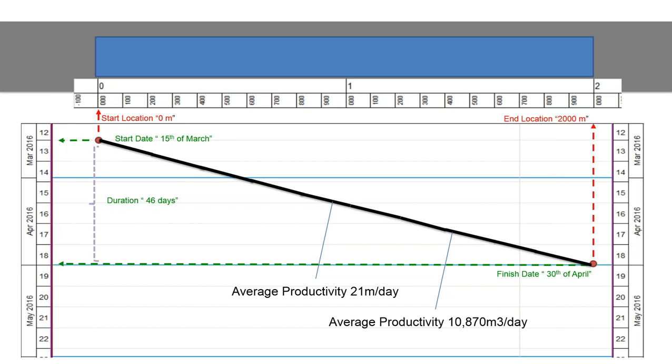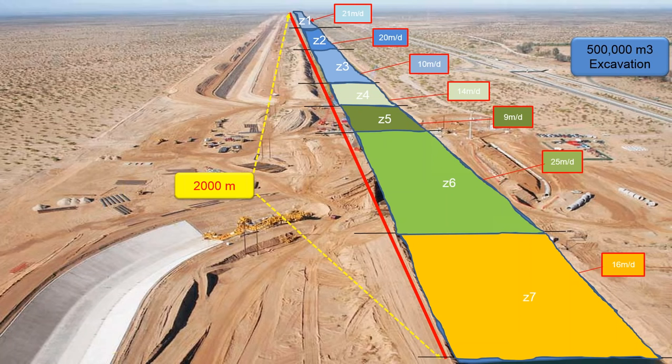I just want to make it a bit more complicated because in construction, as you know, there are outside factors which always impact our productivity for the construction. That's why I made 7 different zones, and in each zone I would like to mention there is a different type of soil. For excavation works, it's not very sensitively impacted in that kind of short area, but I just want to show that each area has a different type of soil,